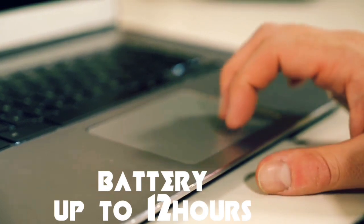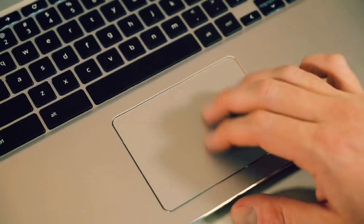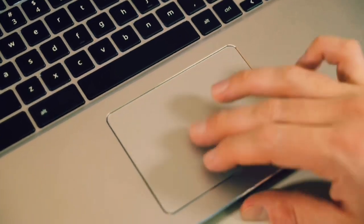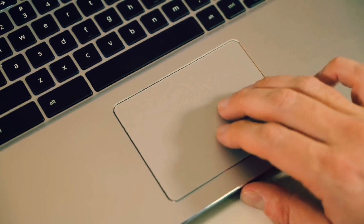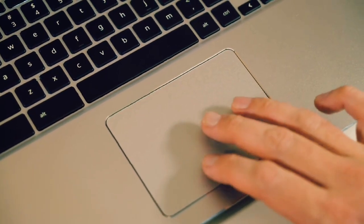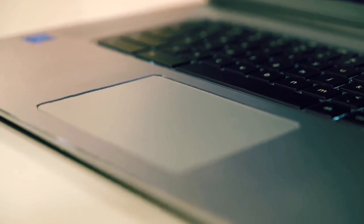not mentioned in its website. So we can expect high of 12 hours or high charging time. So nice, this laptop, and